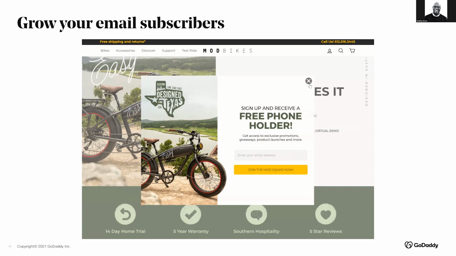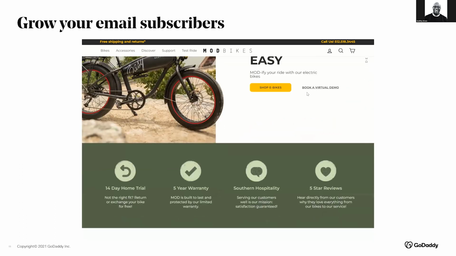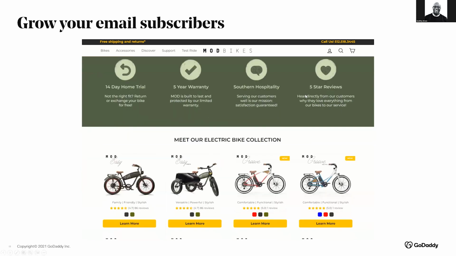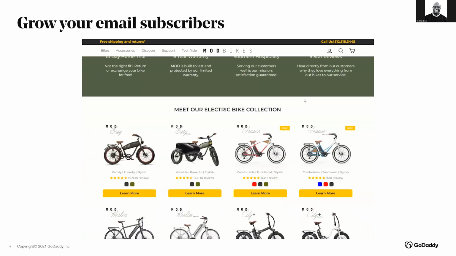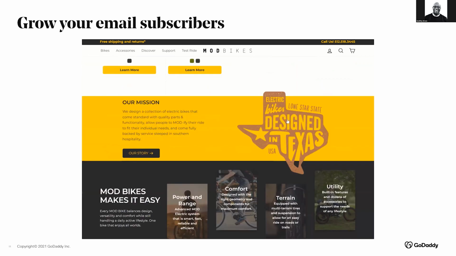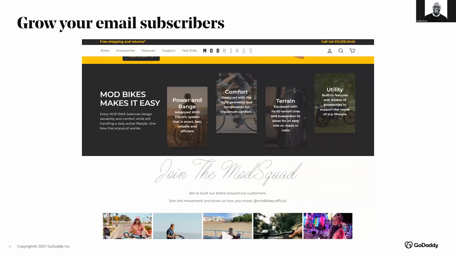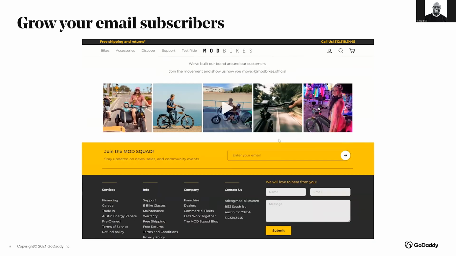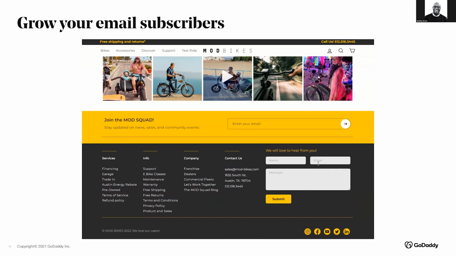You can offer a sneak peek into new content, exclusive email only offers, which is also kind of what this pop-up here is saying. Website pop-ups, when used properly, can actually be an extremely effective way to grow your email list. And down at the bottom, you can also enter your email to stay updated on news, sales, and community events. It's just a great example of how you can do this on your website. This contact form also captures a name, an email, and a quick message. So definitely having multiple ways on your site to do that is a great idea.